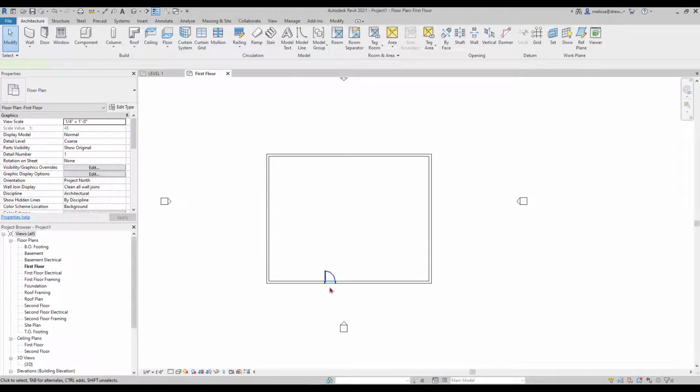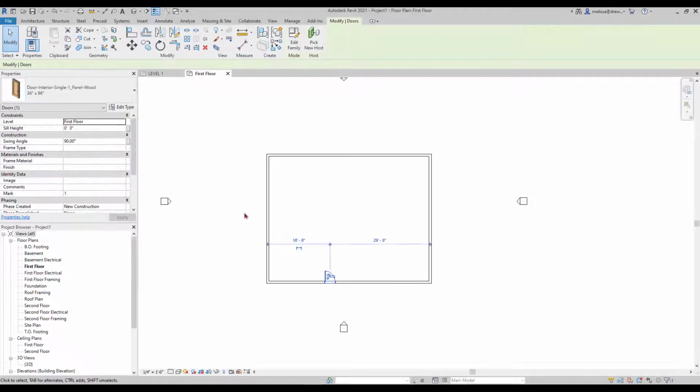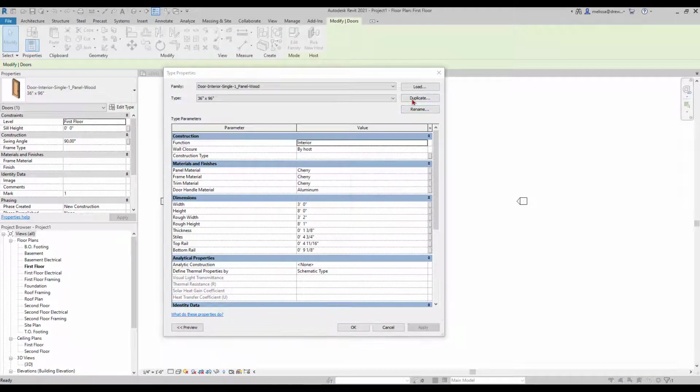So let's say I brought in this door and I only brought in that one size, 36 by 96, and I want to make a new size. Maybe I want to make it 30 inches by 96. So I simply want to say edit type, duplicate. That process right there, edit type, duplicate, is going to be pretty familiar. That's going to be something that you do all the time, no matter what, when you have to create a new size. So then you can rename it